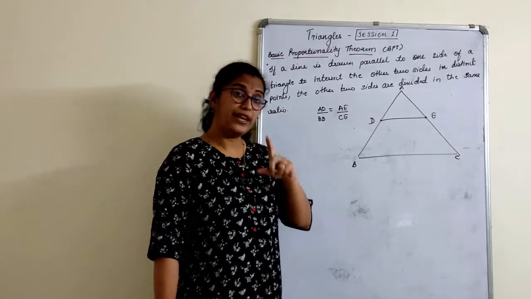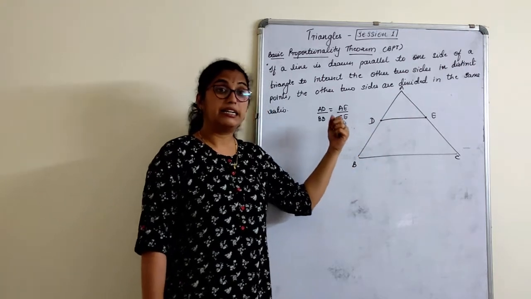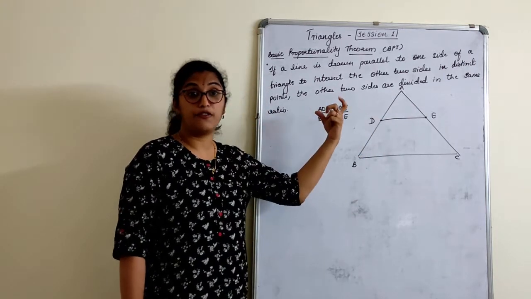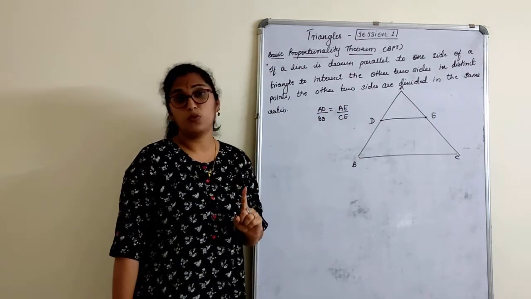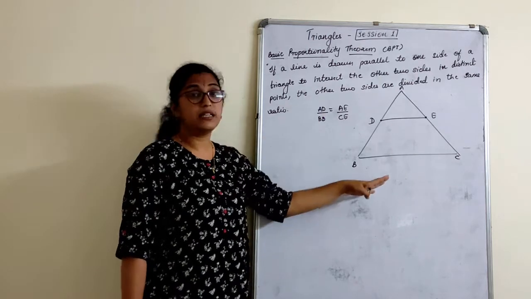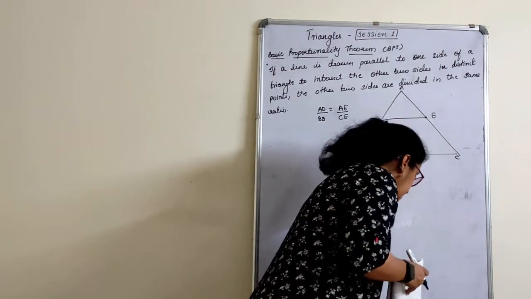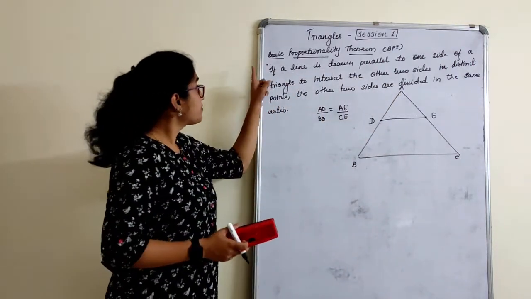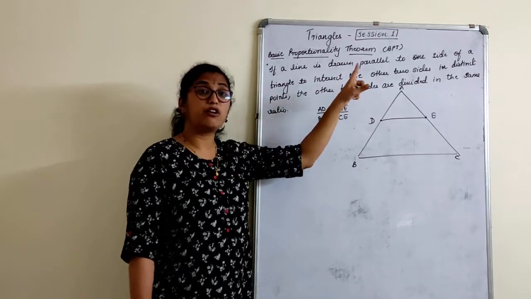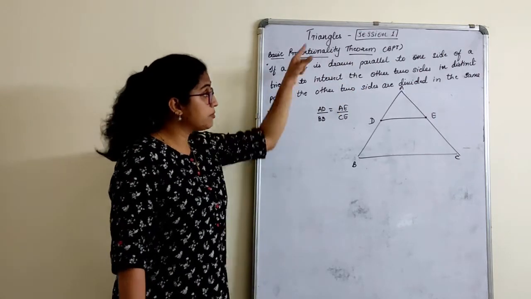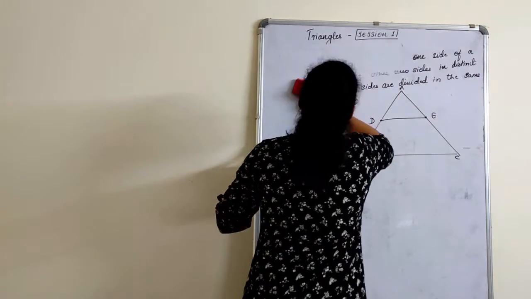The condition is that whenever we have a triangle and a line parallel to one side, it is understood that the other two sides that are formed, unequal sides of course, are proportional. That is what we have to prove, and based on this we have some numericals and some riders. So quickly we will start. So what I will do now is, you will give the heading as Basic Proportionality Theorem, in bracket BPT, and you can also write Thales theorem. I will rub this because I require the whole board to prove this. So let's start with this.